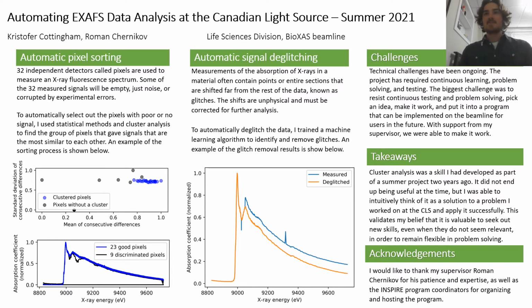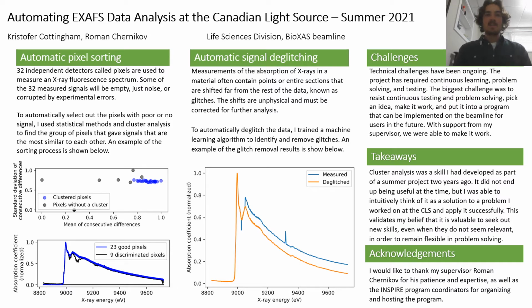of these measured signals will come back as just a list of zeros, or super noisy, or otherwise just very messy from various experimental errors. So these messy or zero signals need to be sorted out from the group before we do any further analysis. Usually this is done by hand by the user, but to automatically select out the pixels with poor or no